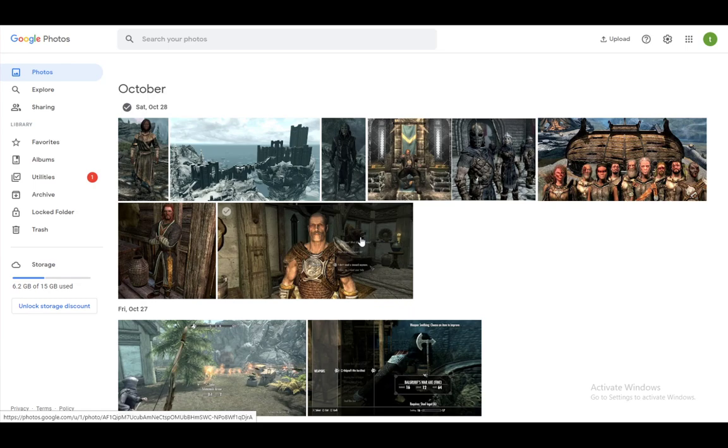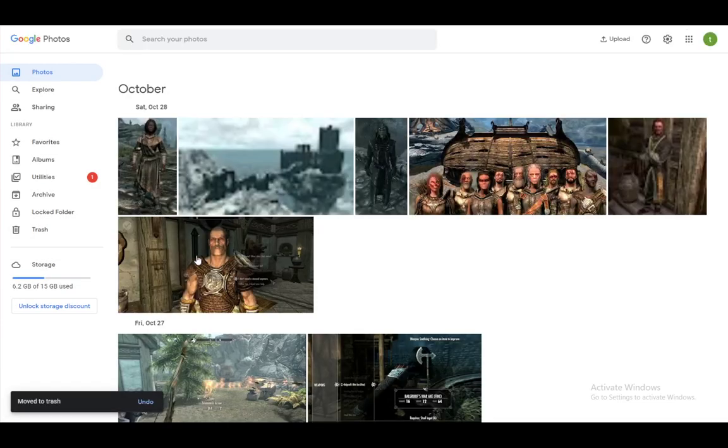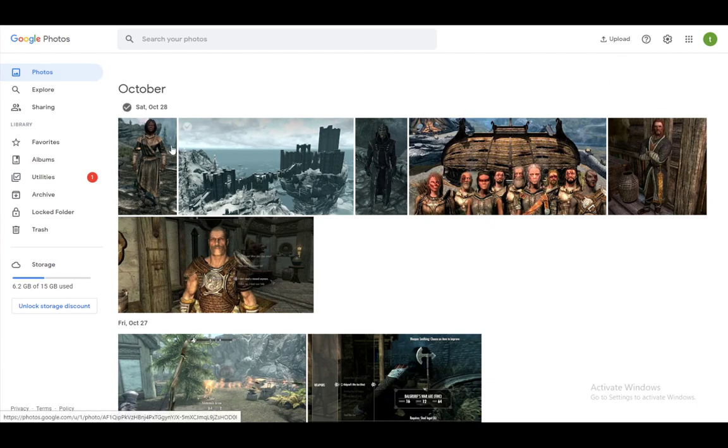Now, to recover stuff from your trash, what you want to do is, after you've deleted a picture, let's say you've deleted a picture accidentally, let's say this one for example, just press delete, move to trash, and that picture is now gone. Of course, this picture has not been permanently deleted, it was just moved to the trash. As you've seen the prompt on the button that popped up, it said move to trash, not delete, so we'll